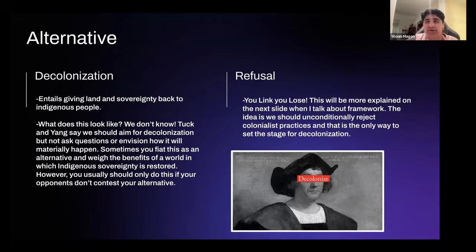How is that going to happen, right? Especially in the midst of all the complex governments across the world. It's happened only in the US, etc. What the team will usually say is that the idea that we have to specifically know what's going to happen is a bad thing. So the Tuck and Yang evidence that I have cited earlier also supports this and says that we should not ask questions of specifically what will materially happen, but rather we should just have decolonization as a broad goal in the first place, and that's what allows us to create actions. Otherwise, the idea that we don't know what's going to materially happen prevents us from taking any action in the first place, because it's an impossible question to answer.